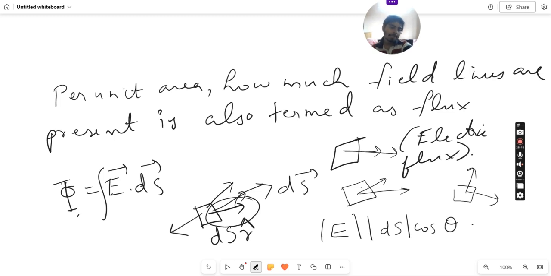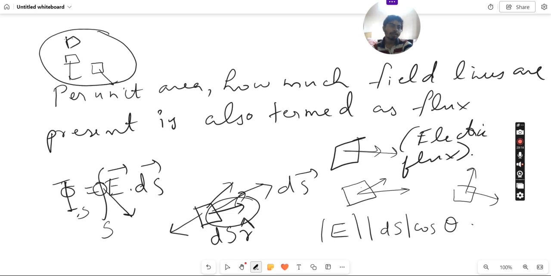And this integral basically means that we are talking about a curved surface, let us say a closed surface. So now this circle in the integral means that we are integrating these small fluxes over all the small parts of area. This is a very big surface. This is a small area. Now the flux in this area is calculated. There is another small area over here. The flux in this area is calculated. Another small area here. The flux in this area is calculated. We add them all up, and we get the total flux that is passing through this whole closed surface,